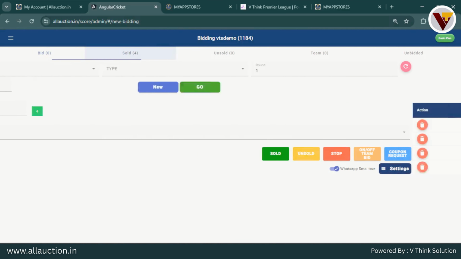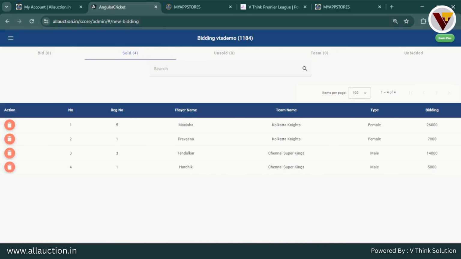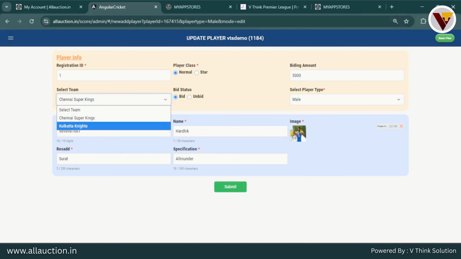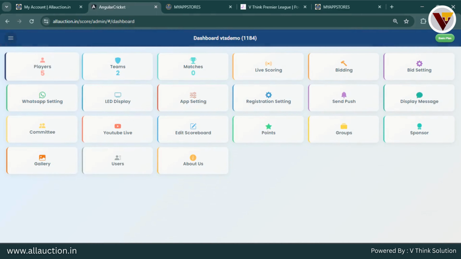Now, if you want to make some changes, like if you want to change the bidding amount or change the team, or if you want to delete the player, you can delete the player from here, sold option. Or if you want to edit the details, team name or points, you can go to the player and you can edit it from here and submit. If in case needed, if you want to do any corrections or something, you can do it in